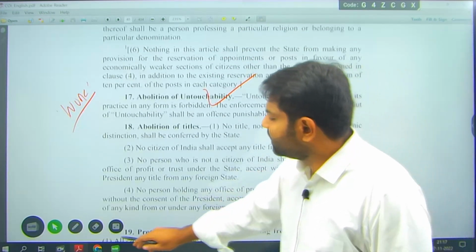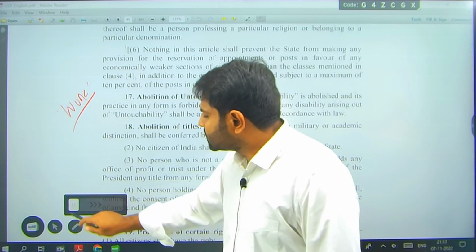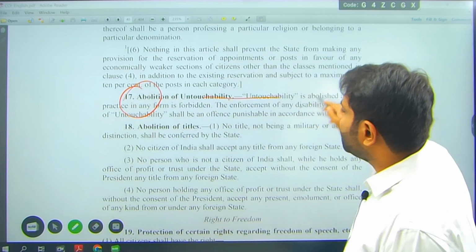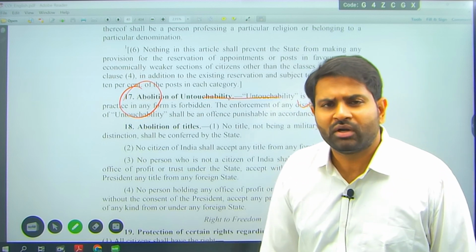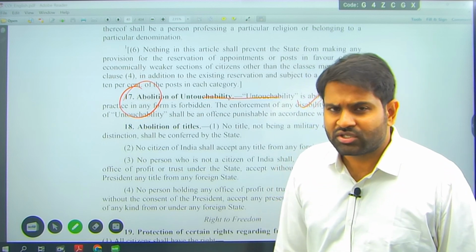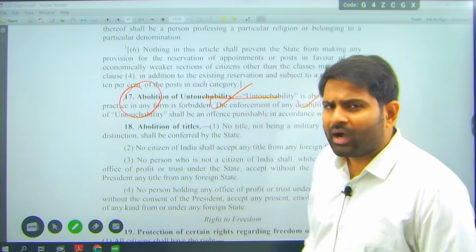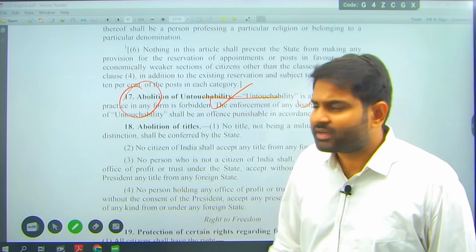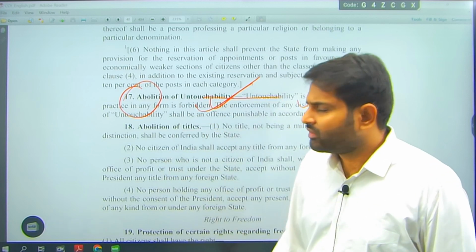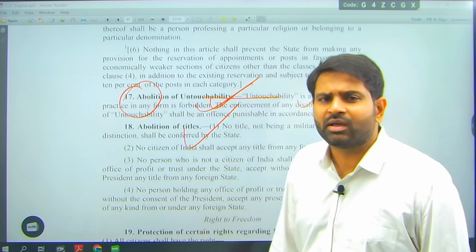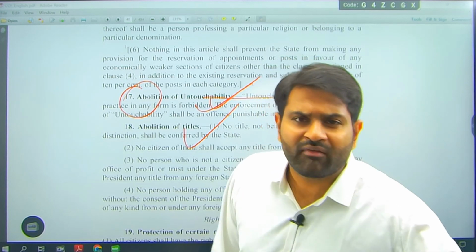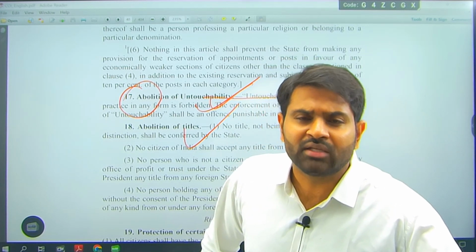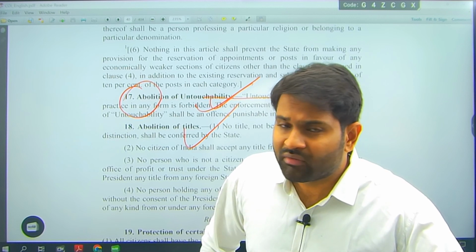Then Article 17, very important article, untouchability. You cannot forget Article 17. Article 17 is abolition of untouchability. India has a history of untouchability. So we banned it. Ambedkar himself, the constitution maker, went through this particular experience. So he reiterated Article 17, and Article 18 is abolition of titles. One should not have any title. Raj Bahadur, Raja, Maharaja. These titles you should not wear, everyone is equal.